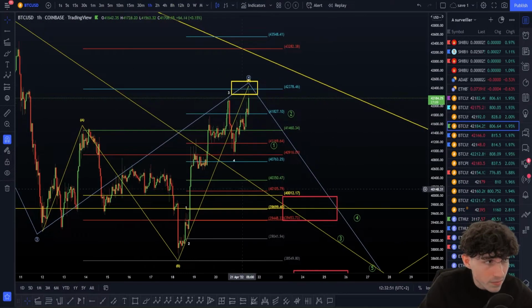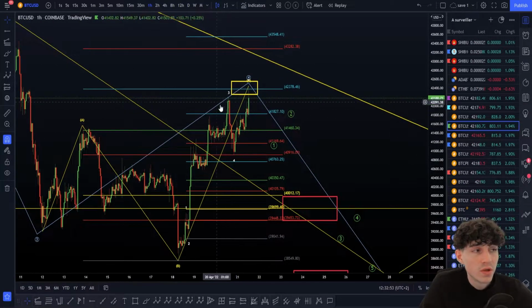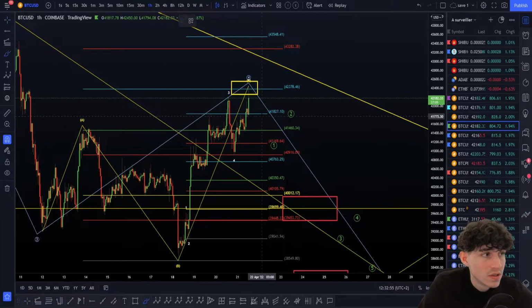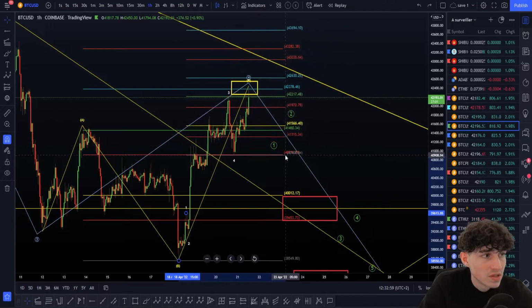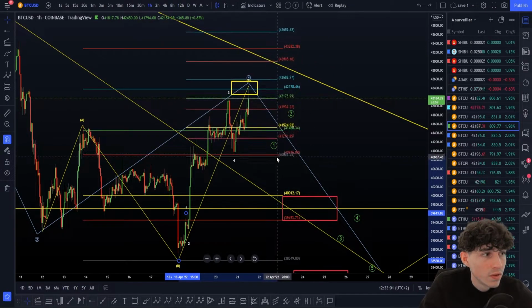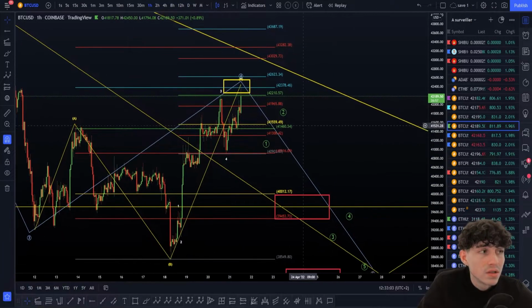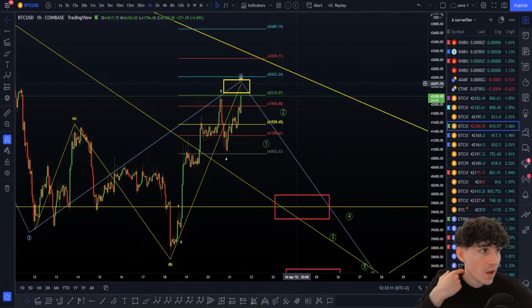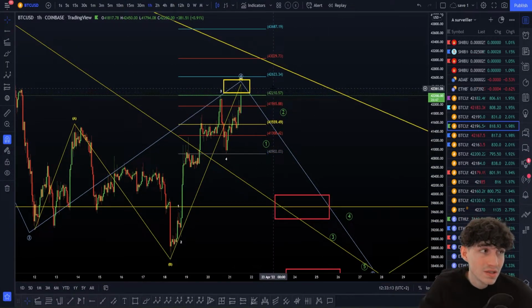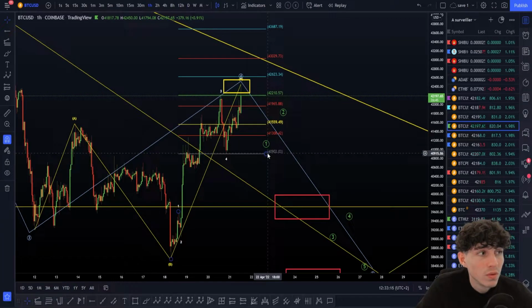Okay, so here we have done in that case a 261 point on the wave 3. As you can see here, this is a 261 point level here. Once we have done this, we just have to drag this extension tool on the bottom here. Okay, and now as you can see here, it doesn't match with the target. We already stopped it out because we have done a 123 at the moment. As you can see here, I'm maybe going to remove these targets here really quickly, but we have done a 123. This is not a target at all for the wave 5.